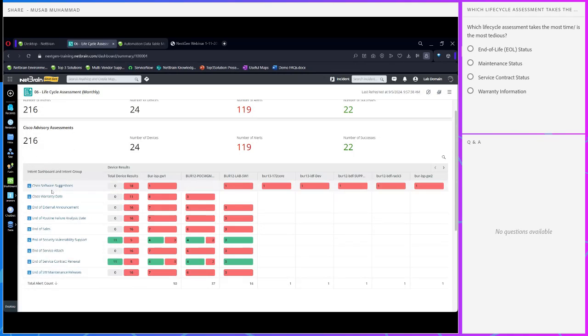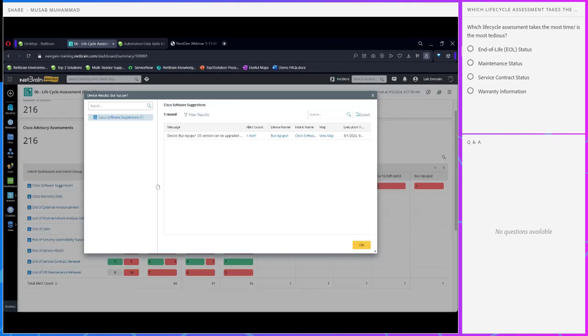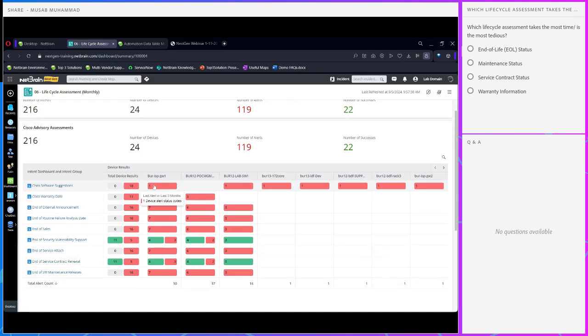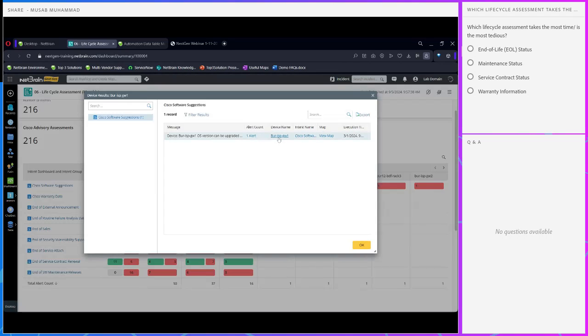So we have, for example, success officers suggestions, right? If I have this device over here, it will tell me that the OS version should be upgraded. And once you jump into any of our automation results, everything is interactable. I can jump in, see what the devices are and what intent is running on it. I can even throw this out onto a map,